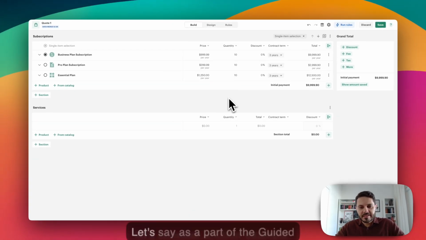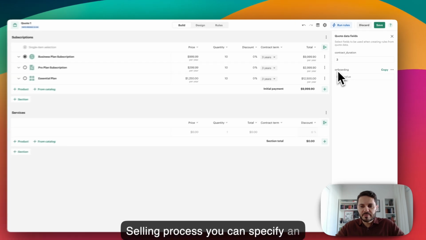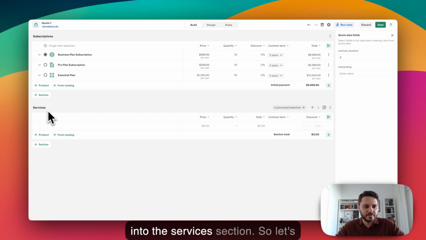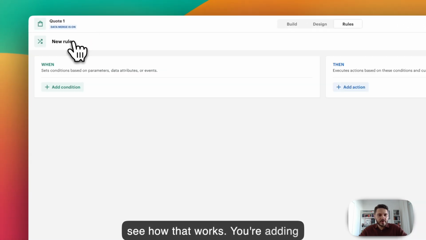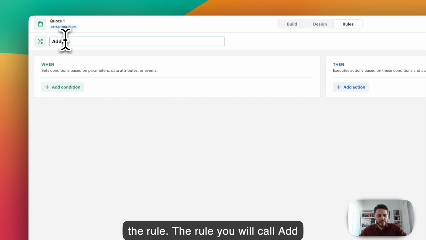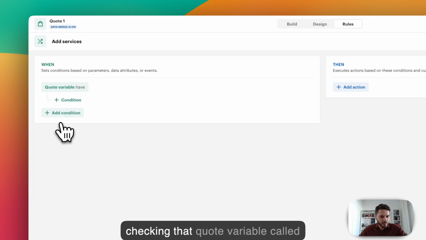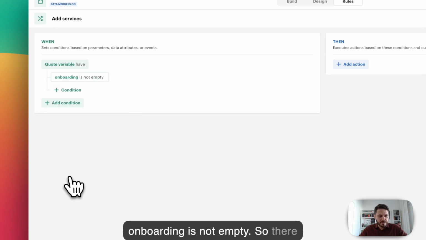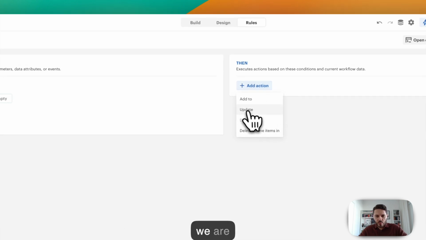Now let's consider another example. Let's say as a part of the guided selling process, you can specify an additional onboarding service. And then when the quote is being generated, you want this onboarding service to be added into the services section. So let's see how that works. We're adding the rule. The rule will be called add services. In the rule, we are checking that quote variable called onboarding is not empty. So there has been a value which is passed from the previous steps. And then we are